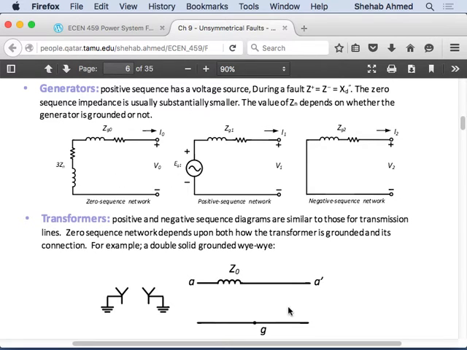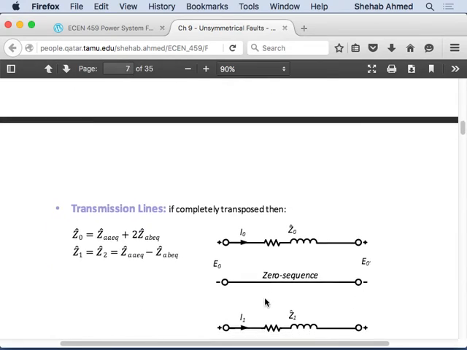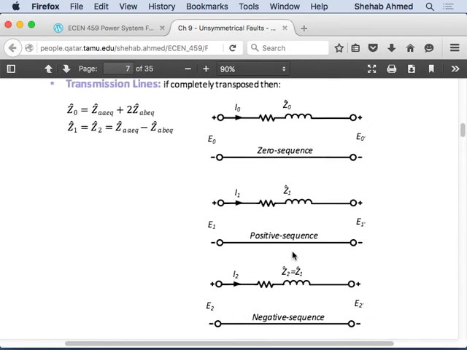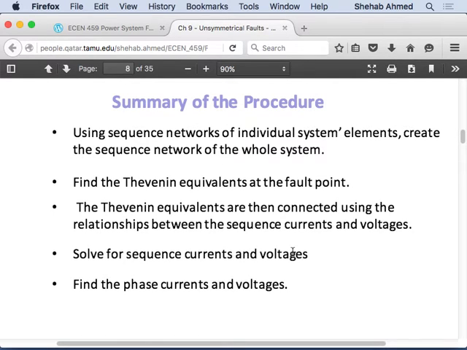and zero sequence. Transformer, star star connected, this is what it looks like. Transmission line. So the summary of the procedure is: come up with the sequence networks for the system, find the Thevenin equivalent at the fault point. The Thevenin equivalents are then connected using relationships between the sequence currents and voltages, which we're going to come up